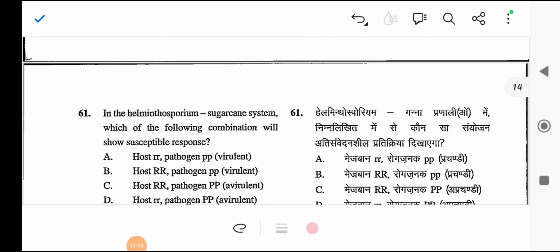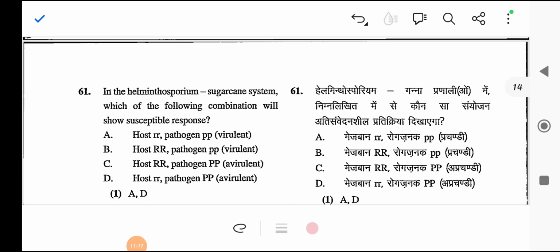Next is in the Helminthosporium sugarcane system, which one of the following combinations will show susceptible response? So in the susceptible response, what happens? The host should be resistant and the pathogen should be virulent. If the pathogen is virulent, in that case there will be a susceptible response, and you can see the gene